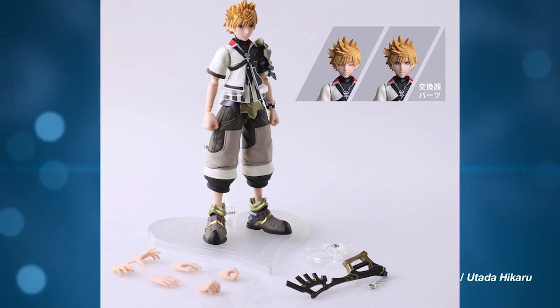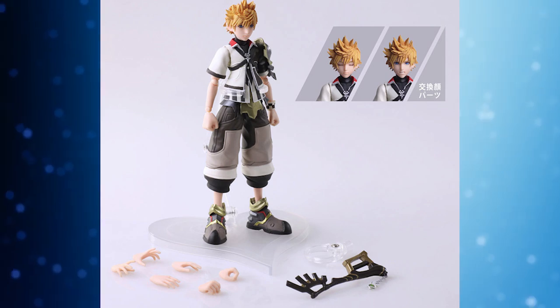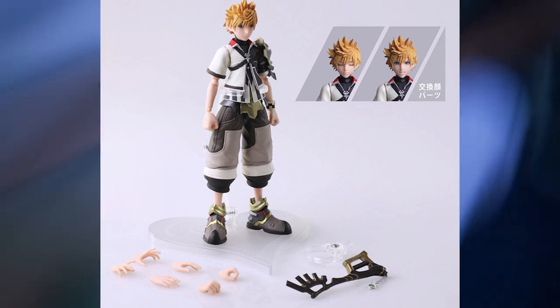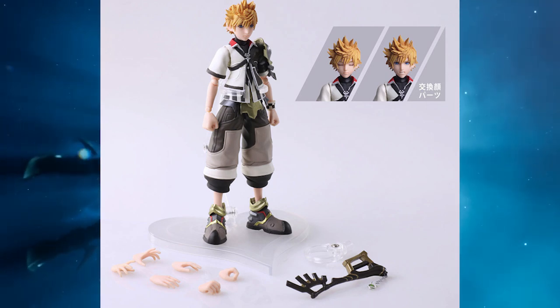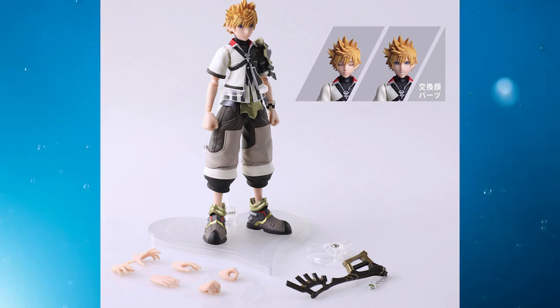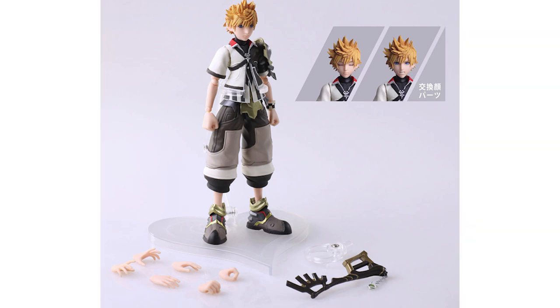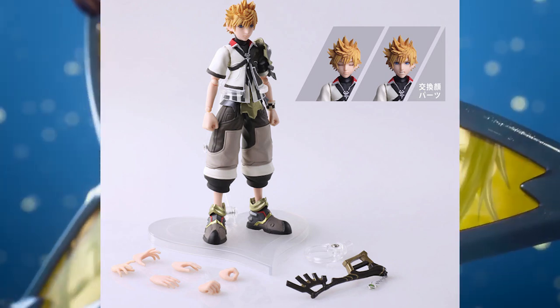So to do a quick recap, if you wanted to go ahead and get this figure in Japan, it'll be releasing in August, and it's essentially going to cost you $80, or you can wait a month and get it from a US store like BigBadToyStore.com, and it's still going to cost you exactly $80. Well, you're just going to have to wait a month for it to release. In September, they changed his hairstyle for some weird reason, but other than that, I really like this